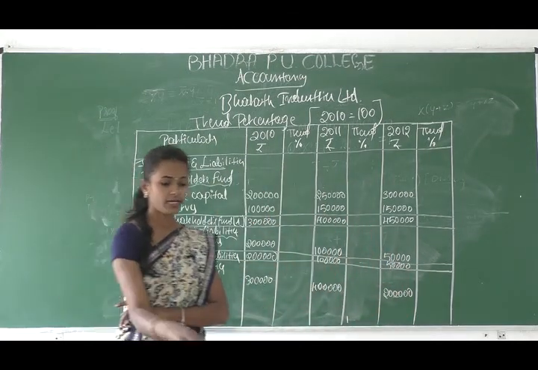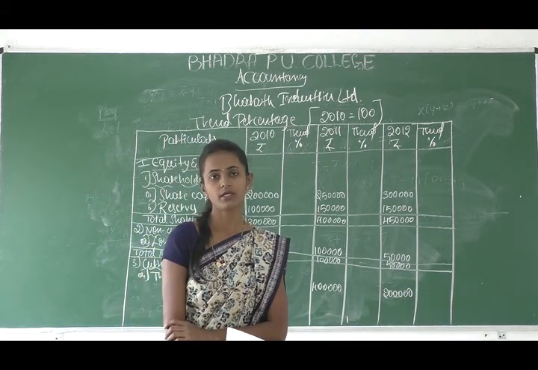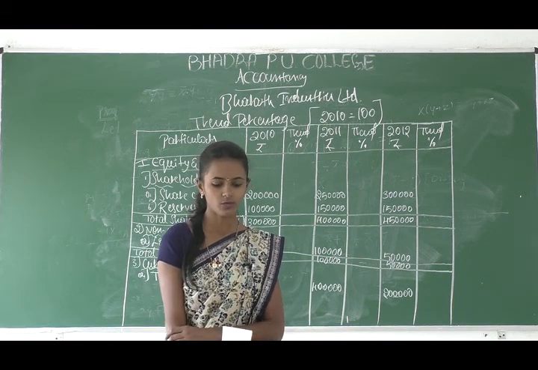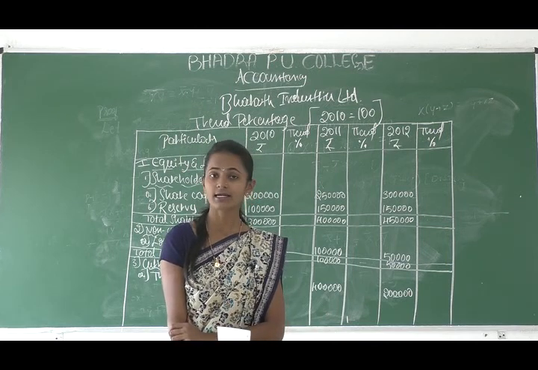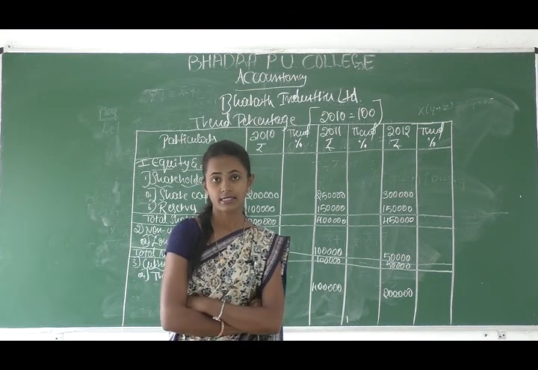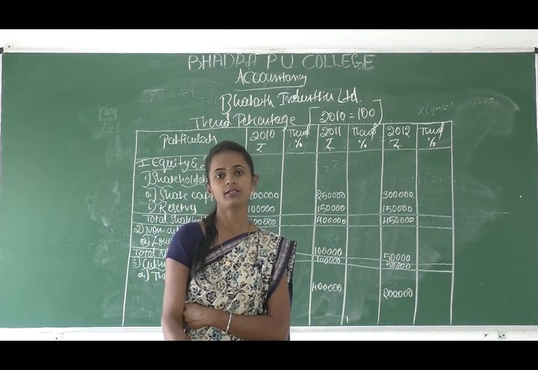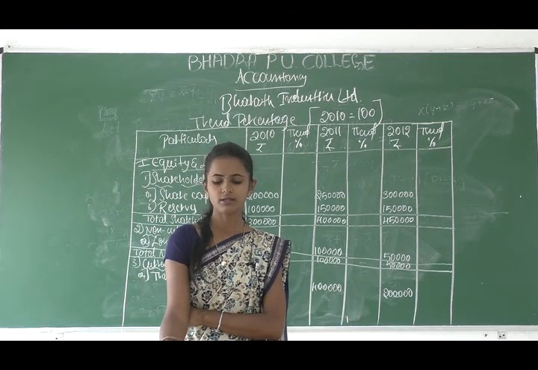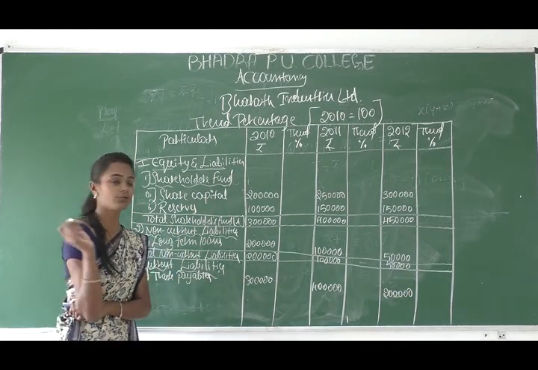Yes, next, which item have they given you? Again go back to your format. Thirdly we have short term provisions. Again come back to your question. No information is given regarding short term provisions, just leave it. And the last item under current liabilities is other current liabilities. Just check if there is anything else regarding current liabilities. Nothing. So again we have only one item in current liabilities, which is trade payables. Now we will get our total current liabilities.